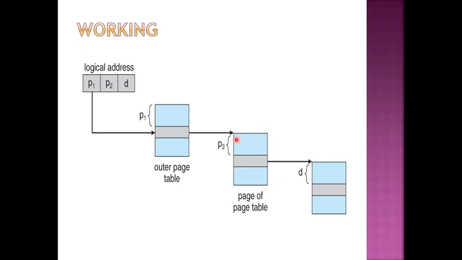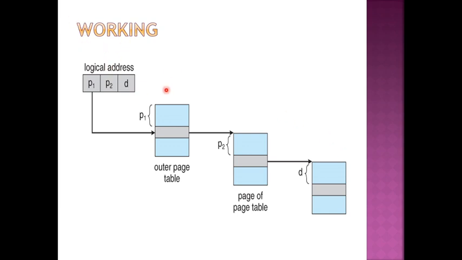Now this is the inner page table. So P1 will just tell you the starting address of it. It will not tell you the displacement. To tell you exactly which page in the inner page table, we are using P2. So P2 will tell you the number of the page that we are going to reference. Once I get the page number, I'll be looking for the frame number. Once I get the frame number, this D value will be added to it and I finally get the main memory. So I hope this is understood.